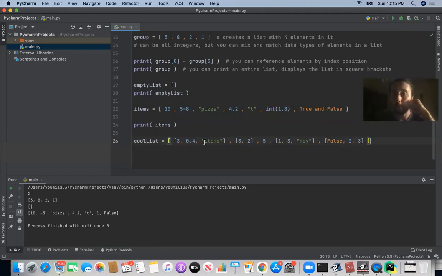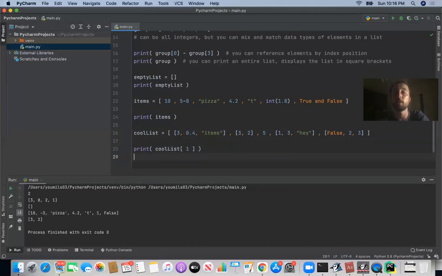So you basically have a list with 5 elements in it. 4 of those 5 elements are lists themselves, right? And then you just have this one integer hanging out as another element in your cool list, okay? And you could go ahead and print things. You could also index a particular index position of one of those inner lists. So if you said print cool list of 1, what would that print? Well, it would print these 2 elements. So it would print the 3 and the 2, because at index position 1, we have a list with those